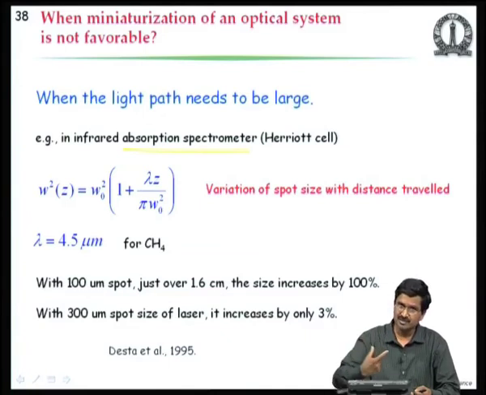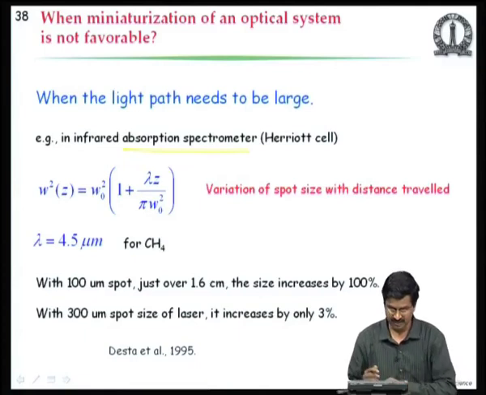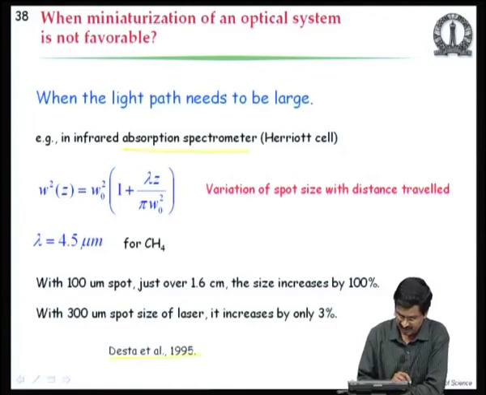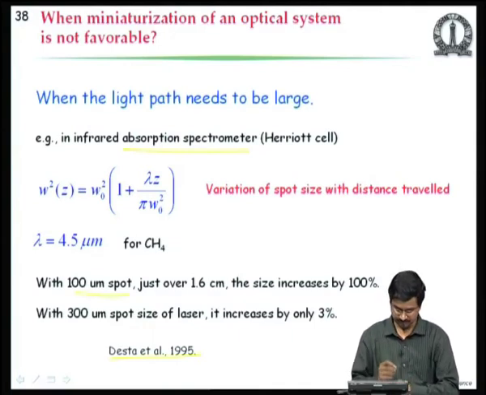So, the light has to be inside that chamber for enough time. If you make it small, it does not have that time, so you may not be able to reliably detect. So, if you look at what happens if I miniaturize this, which some people have tried to do, they found that there are problems. So, if you look at a 100 micron spot of a laser beam, let us say,